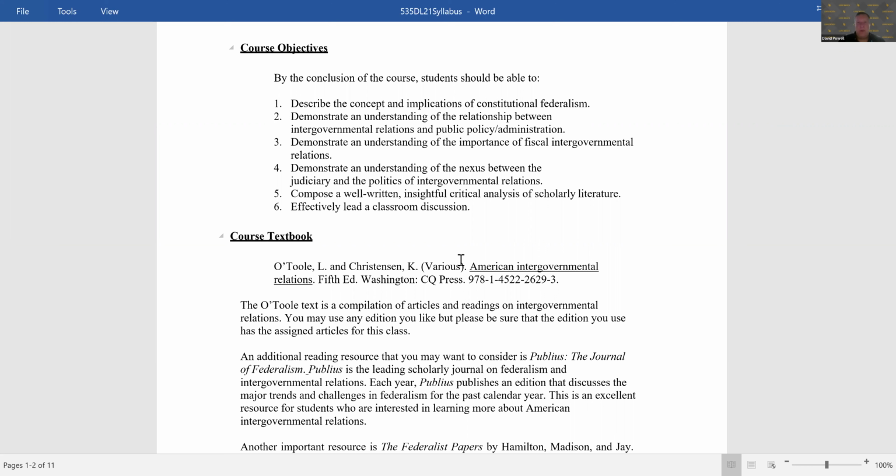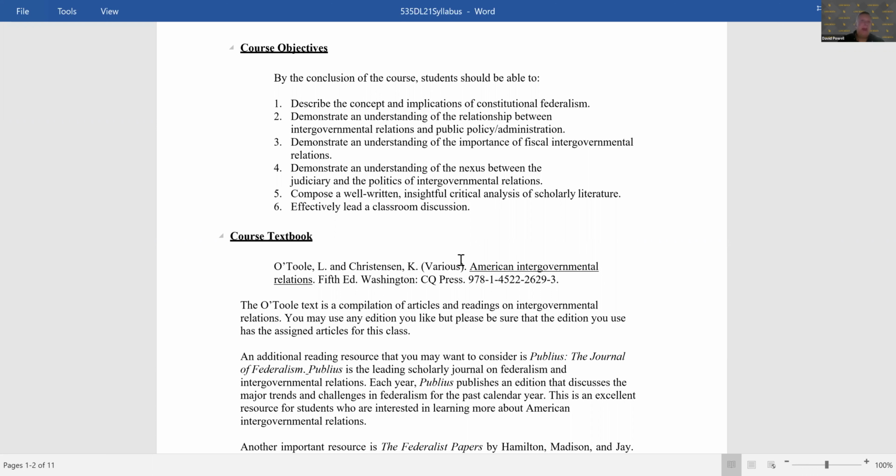So one of the important things about Publius is that every year, Publius will publish an annual review of American federalism. And that usually comes out in January. I provided the last few years of that annual review on our Beach Board site. Those are some of the articles you can choose from for your critiques, as well as to lead your classroom